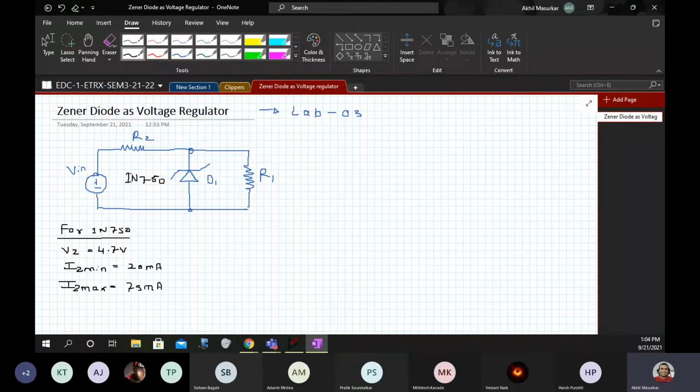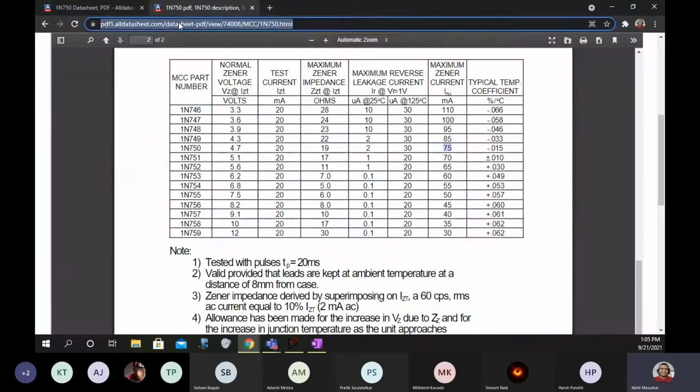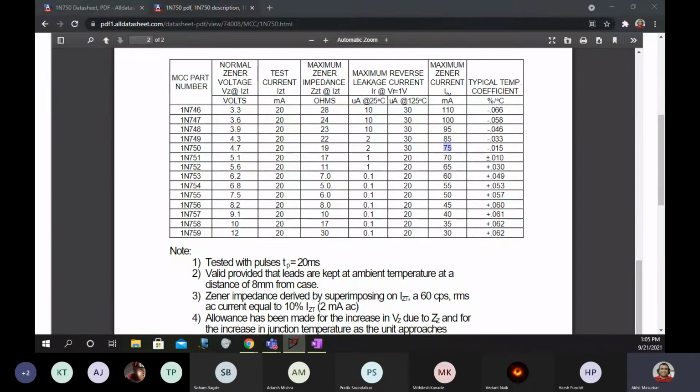So this is from the data sheet, and I have already shown you how to see that particular data sheet. If you want, I will just post the link of that data sheet in the chat box, so everybody can have a look at this. So here I am posting the link.